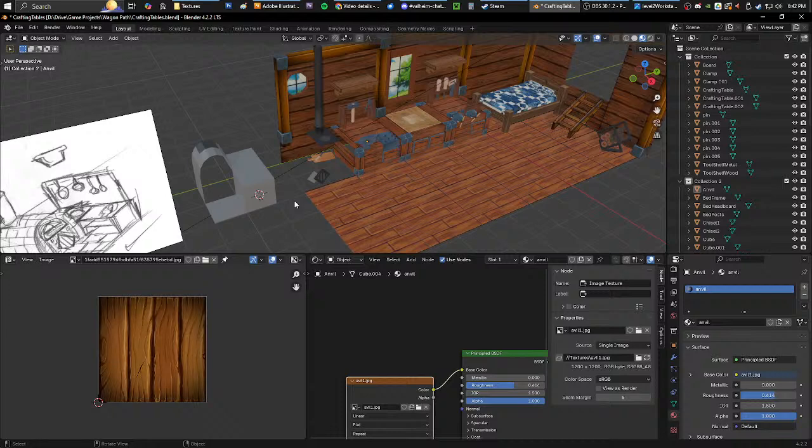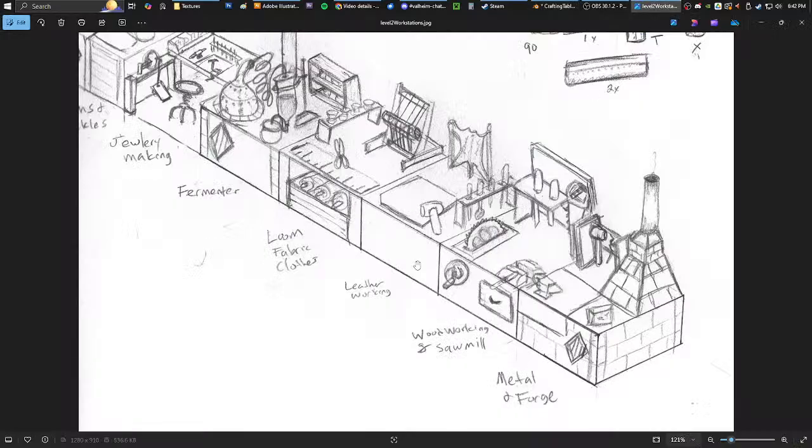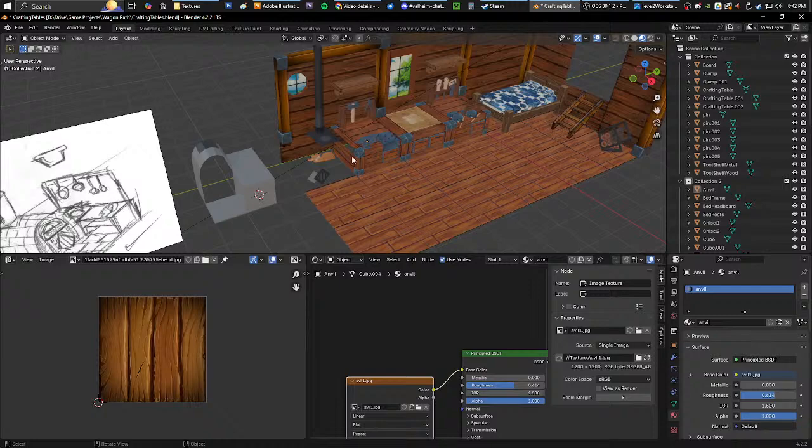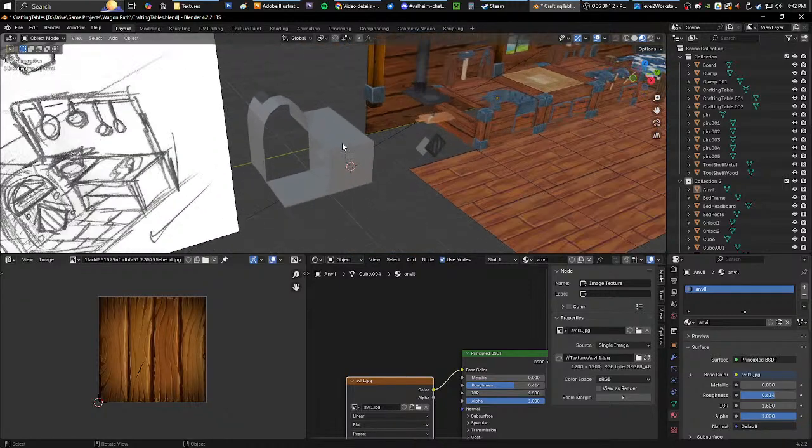it'll open up a new menu, which, you know, it's on my to-do list, but it'll open up that crafting menu for that particular crafting table, whatever it may be. And there's a lot of them. There's leather working stations, the loom, the fermenter, the jewelry making stands, and the pickling, and the alchemy, and the crystal cutters, and all that good stuff. So there's going to be a lot that you can choose from. So not everyone is going to have the same options, but cooking food is probably going to be one that